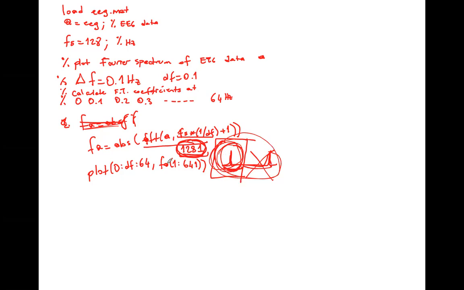That's why I first do the FFT with 1281 points, then choose half, the first half, including the 0 plus 640. But Professor, when we do the plot like that, from 0 to 64 with df increments,